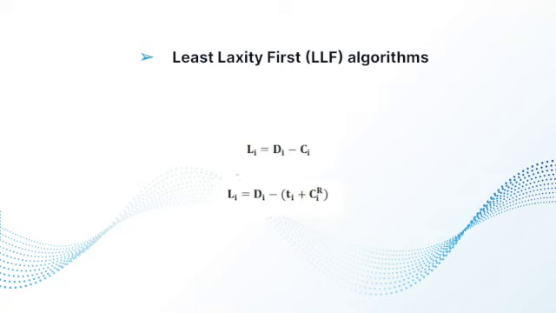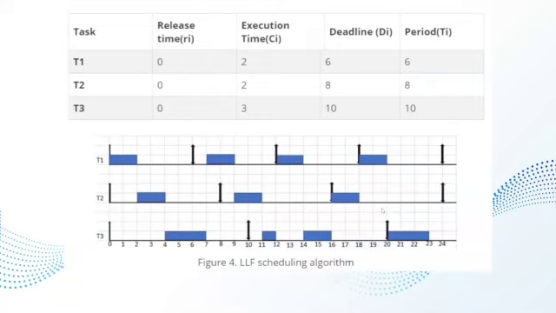By the equation of figure 5, the laxity of each task is calculated at every instant of time, then the priority is assigned. One important thing to note is that the laxity of the running task does not change. It remains the same, whereas the laxity of all other tasks decreases one by one after 1 unit of time. But now, let's dig into the first example and then the second one.